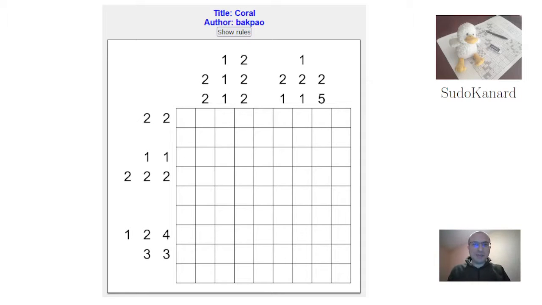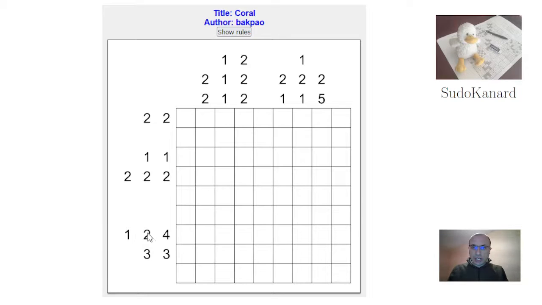Here is a choral puzzle that was created by Bakpao as a training, a practice puzzle for the upcoming Grand Prix round, WPF Puzzle Grand Prix. So the rule about choral is that you have to shade some of the cells, and you can't create a 2x2 square of shaded cells. And all shaded cells must form a connected area, and each unshaded cell must be connected to the border of